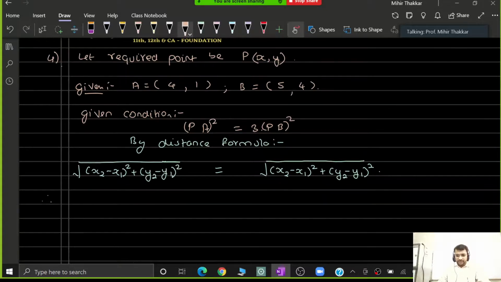The only thing is that it is square of these both terms and it is multiplied with 3. The best part is the square and the square root can be removed directly over here. So it will just be x2 minus x1 the whole square